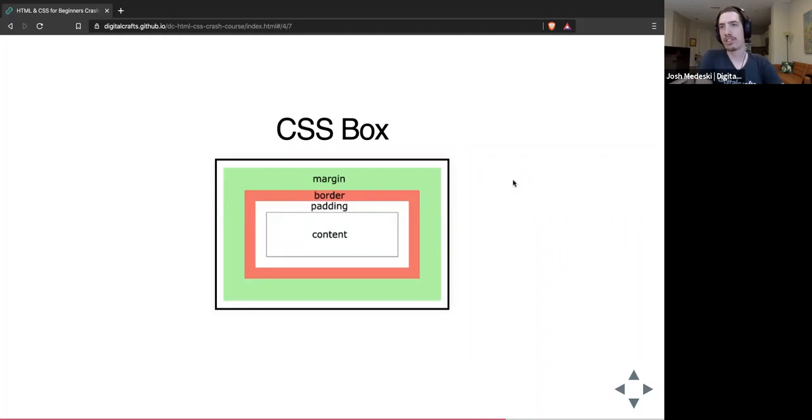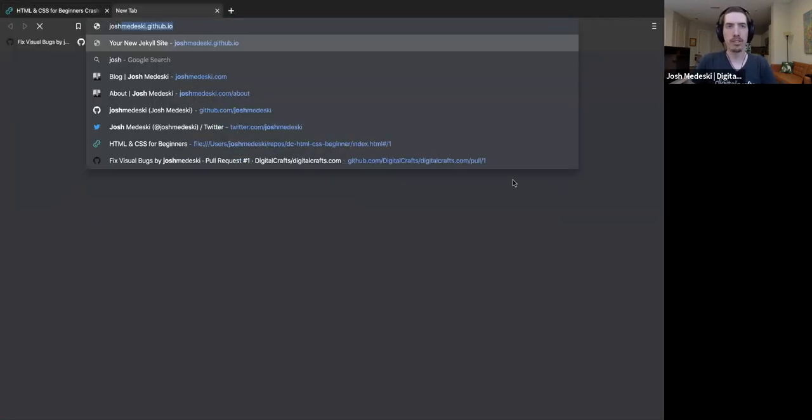Now the box is actually used for a purpose. It's not just a box for the sake of existing. We're able to style elements using the following properties. There is a margin property, a border property, a padding property, and then the content lives inside of all that. So that's how, if we go back to my website,